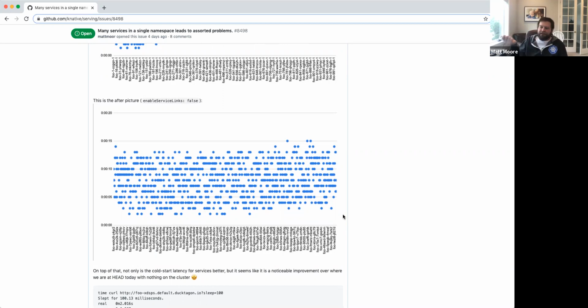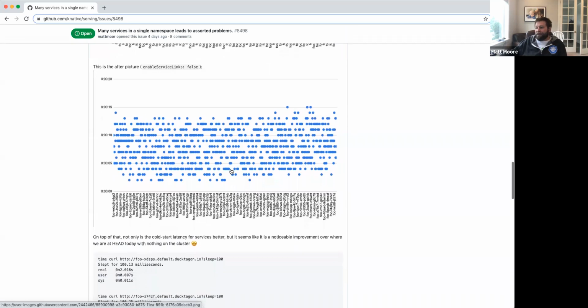And I think this is only 1,000 services, but basically throwing the relatively new flag in Kubernetes, and it's about to ship in our Knative release on Tuesday, that disables the injection of these service links. It's enable service links false. And you can see that now deploying 1,000 services, right? It doesn't get any slower.